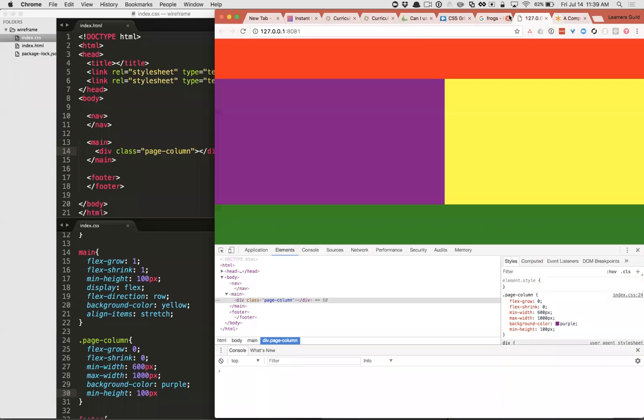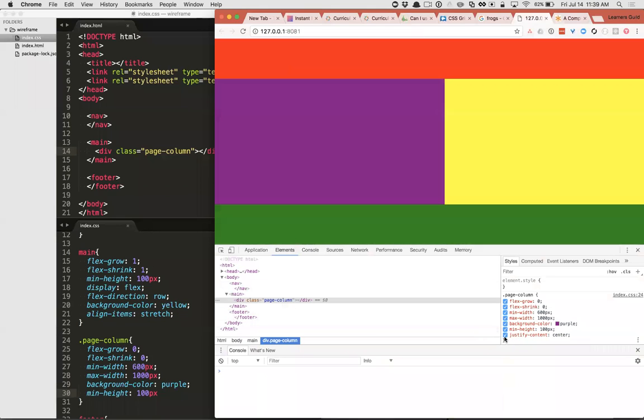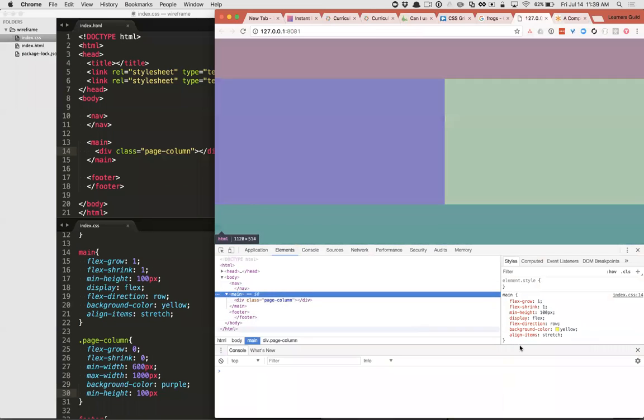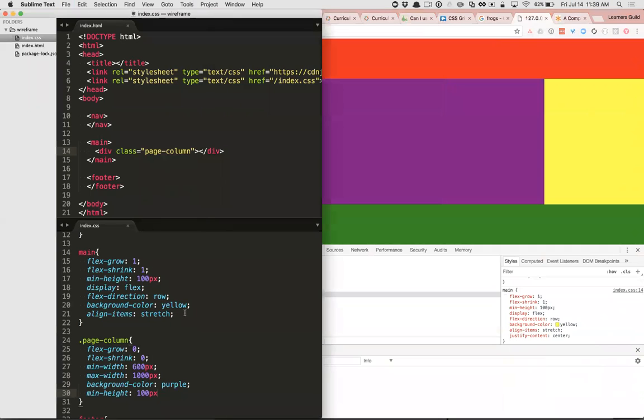Justify content. That's how I do that. Nope. Huh. Oh, it's on the wrong element. It should be on main. There we go. Okay. So main needs justify content center.